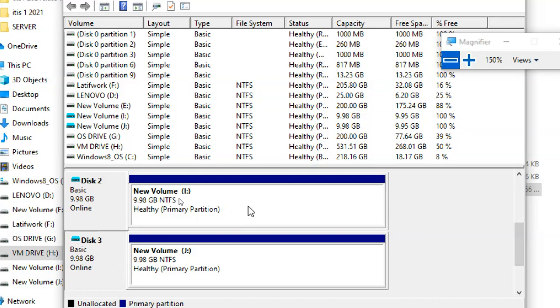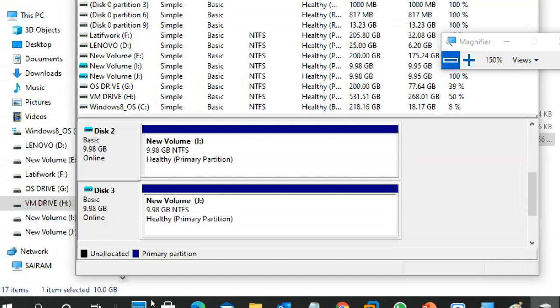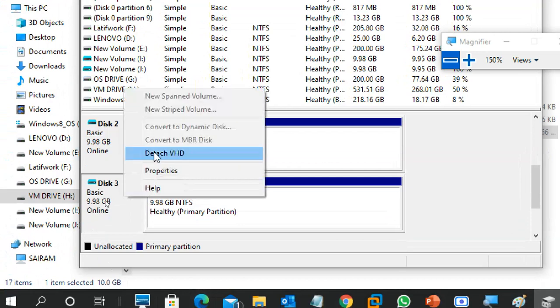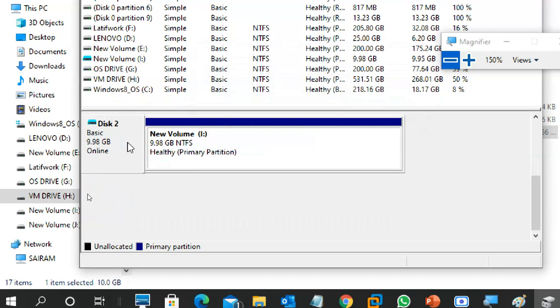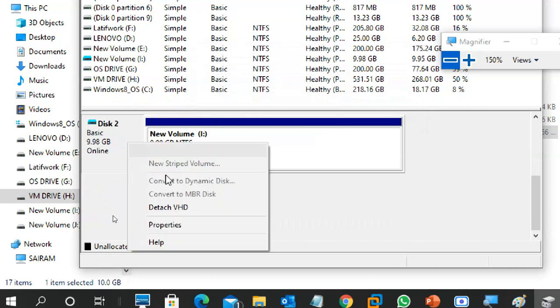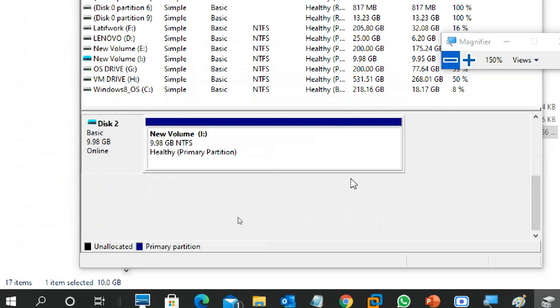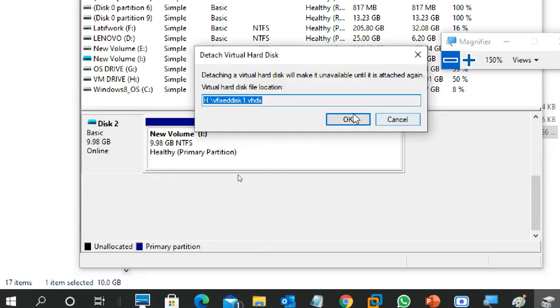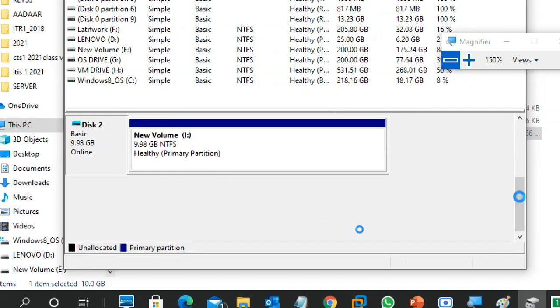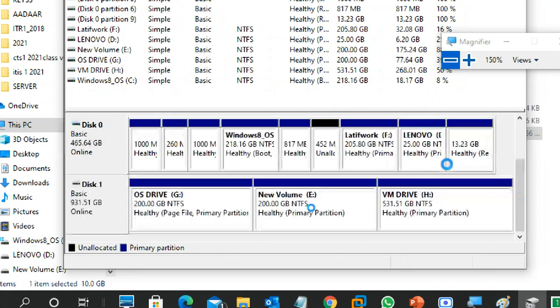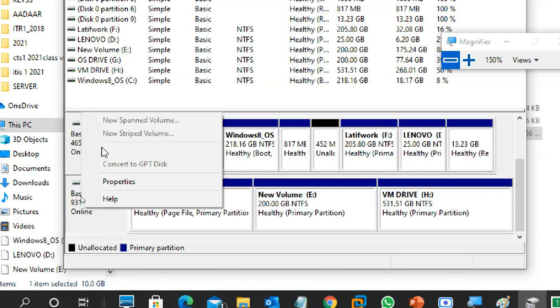So this is a storage virtualization type only, right? VHD. Okay, so I'm detaching it. I can detach it, I can attach it. Okay, I detached my VHD, meaning virtual hard disk. Can you detach your physical drive? You can't do it. This is a physical hard disk, you cannot detach it.